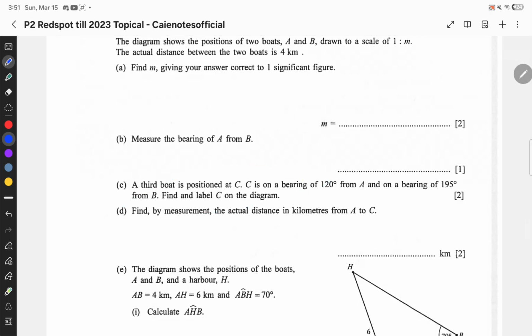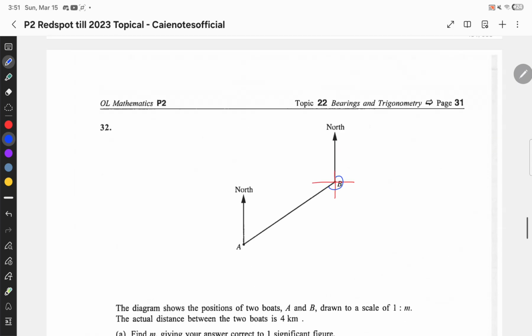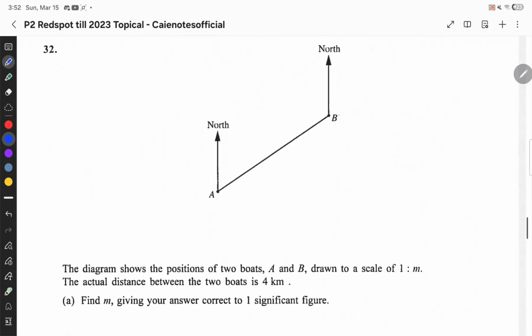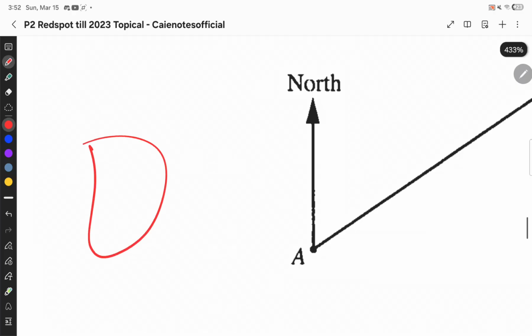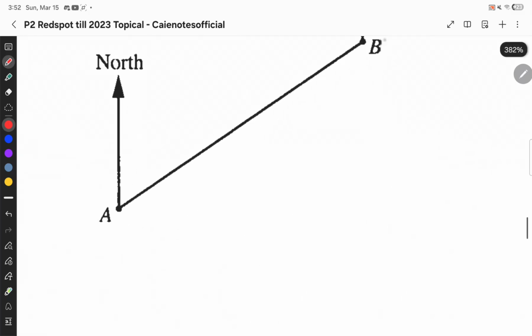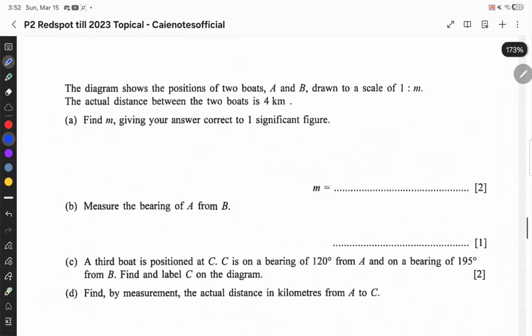Okay, I'm skipping C. So what is it saying? A third boat is positioned at C. C is at a bearing of 120 degrees from A. So from A, we go 120 degrees. You use your protractor, 0, 90, 180. You measure 120. It's somewhat like this, 120,